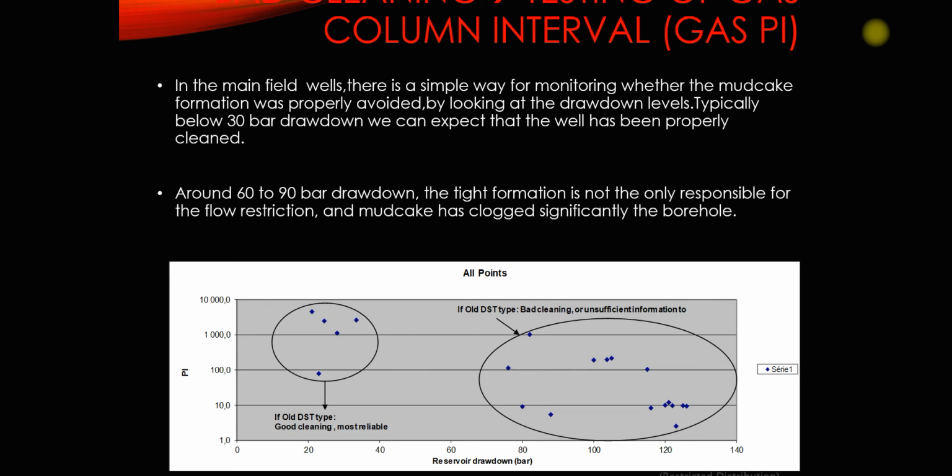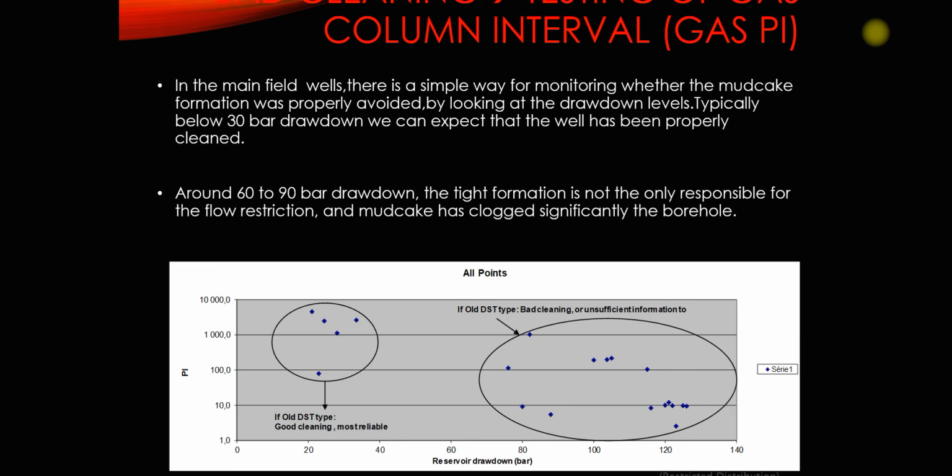points they do not categorize for bad cleanup, and that most of this drawdown is due to the tight gas formation. So we don't have bad cleanup situation. So we can possibly exploit this old DST within this ensemble. Now, if we go to the ensemble on the right,